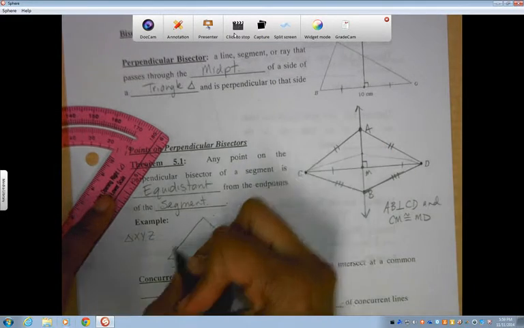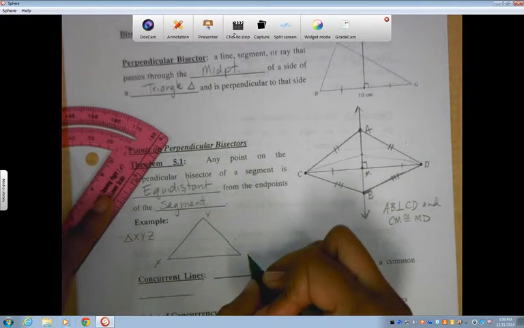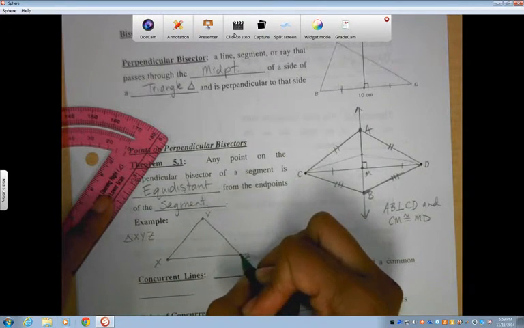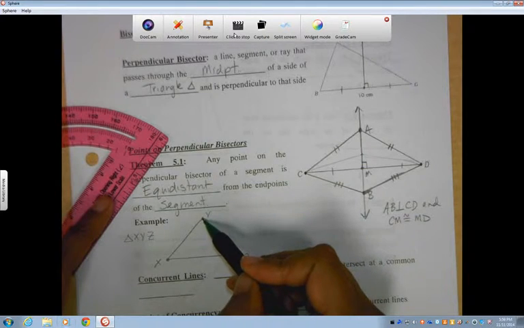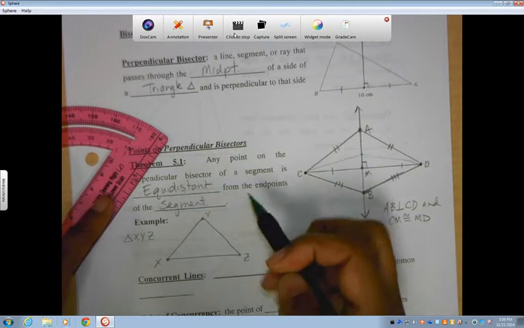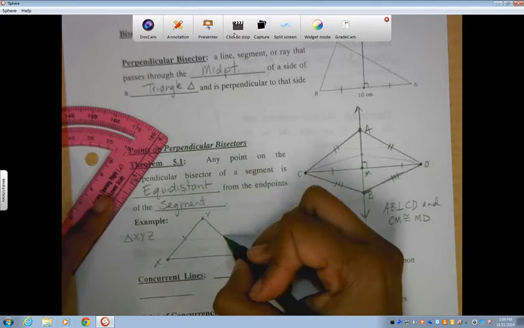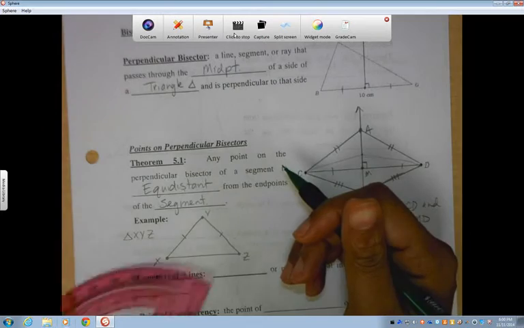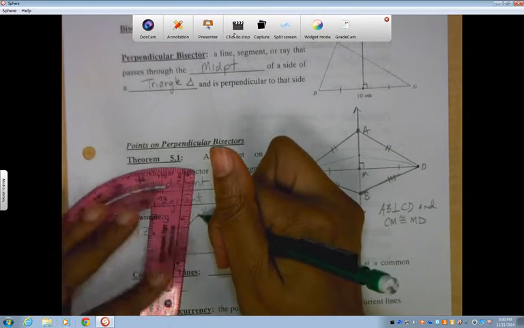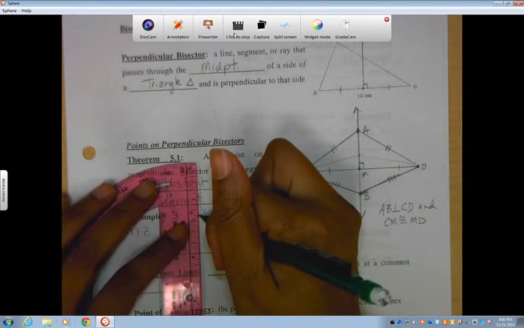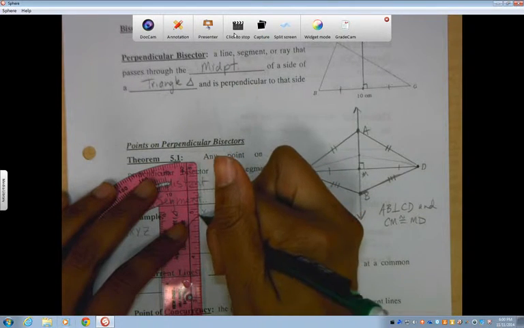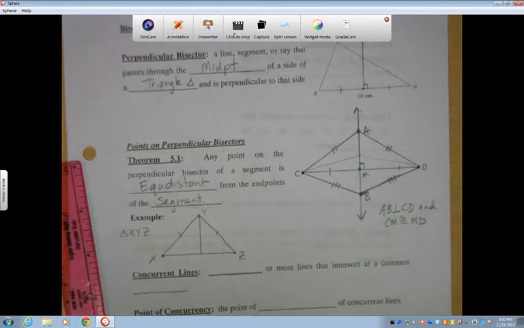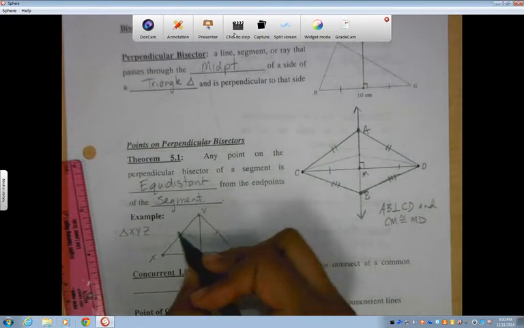And here's my X, here's my Y, here's my Z. And I tell you that the distance from X to Y is congruent to Y to Z, basically creating that sausage triangle. And if I create the segment going through Y to the side XZ, excuse me, then because I know these are equal distance,